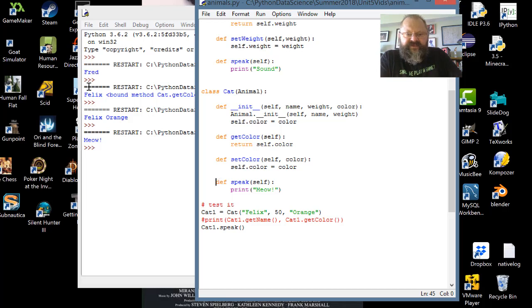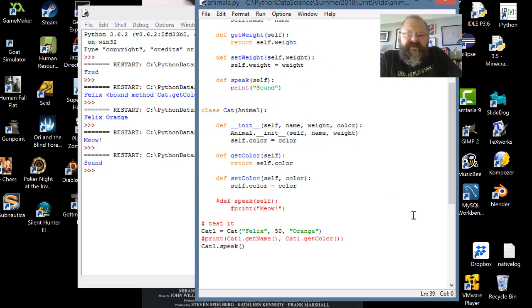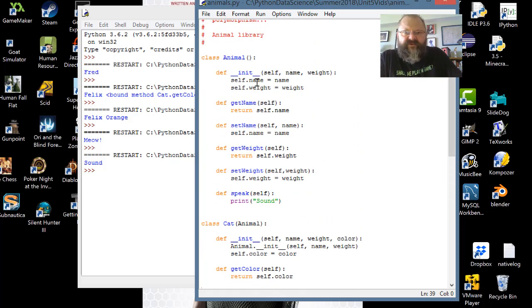But let's think for a second, what would happen if we didn't have that? What do we do? It says sound. So what happened here? Cat1, variable, points to an object that was created with the cat class. Does it have a speak method? I go up to cat, init, get color. This time it doesn't because that's commented out. So we go up to cat. Did you inherit from anybody? It says yes, I inherited from animal. We go to animal. Does it have a speak method? If you come all the way down here, you get to speak and it prints sound,